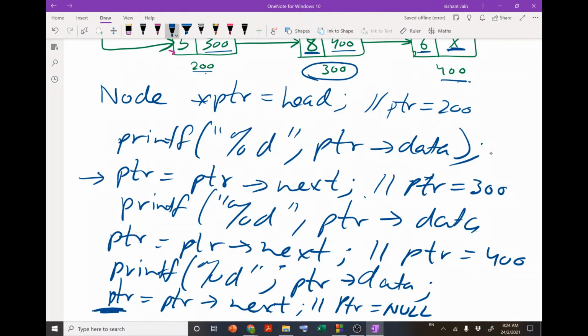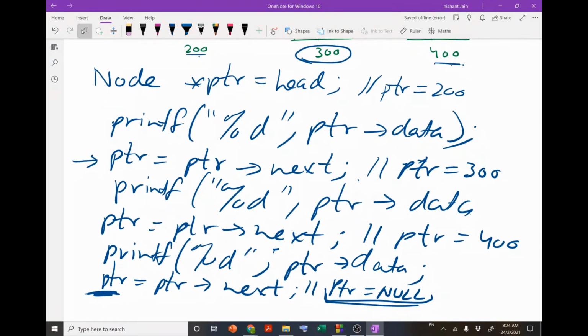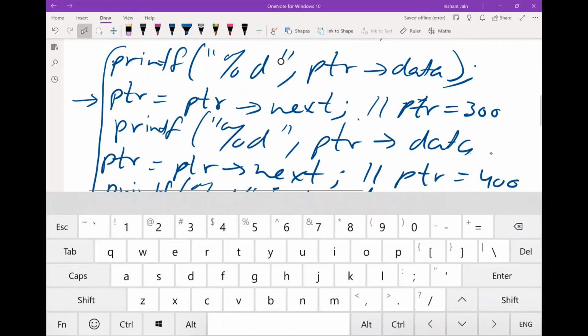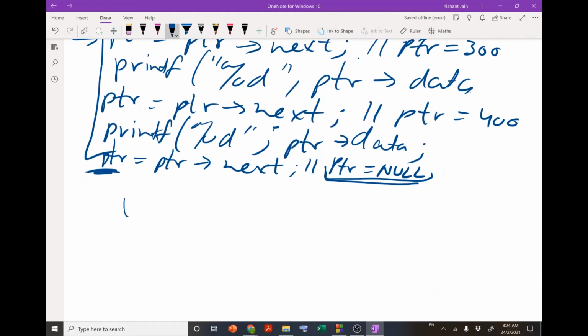It means that we have this condition, ptr equals null, which we need to check, and it is the time at which we should stop. So this complete repetition can be done simply by putting this condition in a while loop.